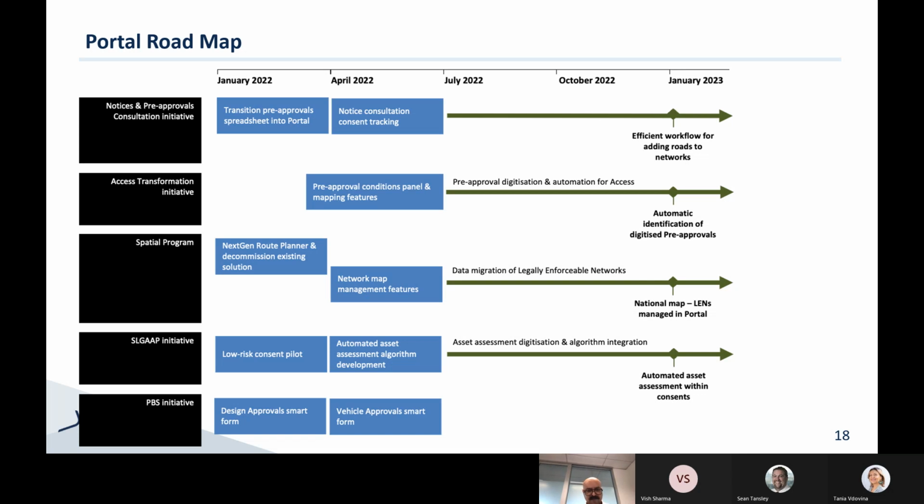So we're moving into the vehicle approvals digitization side of things, and that will help us to get an end-to-end view of essentially a PBS from design approvals through to vehicle approvals, and we'll be doing that in the next quarter, the next 3 months. Beyond that is when we'll really start to see the integration of that initiative with heavy vehicle access and the improvements we'll be able to make for operators in terms of submitting PBS applications, but ultimately, again, for road managers in terms of being able to provide that information in a format that will help them make those decisions a lot more quickly. So a lot coming up over the next 3 to 6 to 9 months this calendar year,